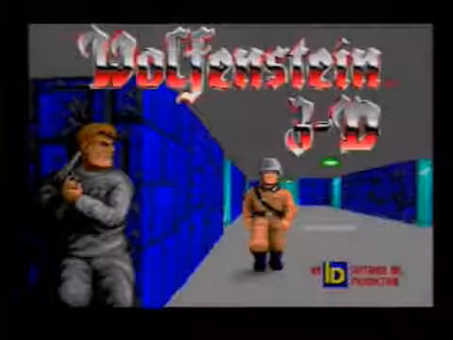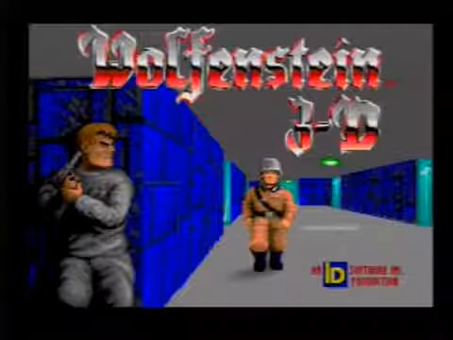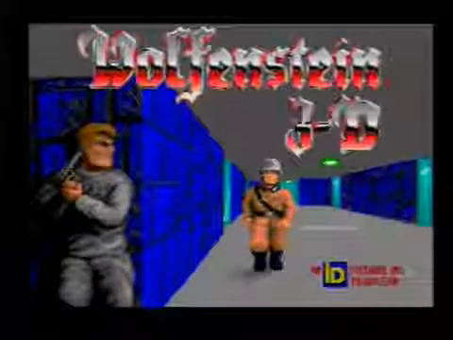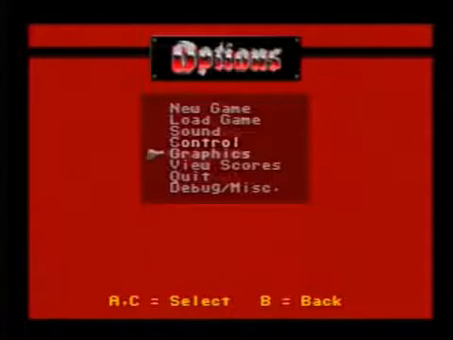Alright, so as I realized I said right before this started, I said 30 seconds. You don't know if it's 30 seconds, but anyway, what you see here is basically exactly what you'd see if you had booted up Wolfenstein 3D in 1992 on an IBM or whatever, and these options look completely the same. What's really interesting is, and this is the Genesis, this is running on a Sega Genesis through a flash card,